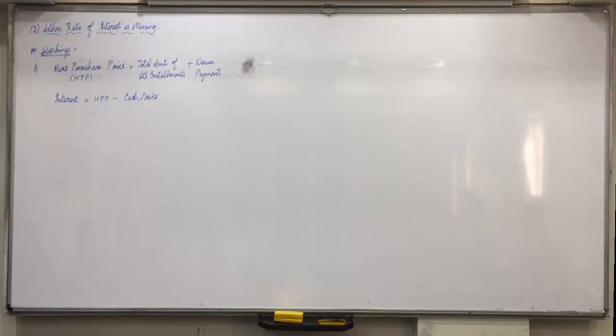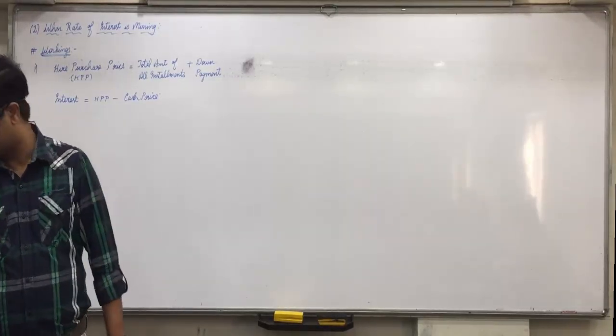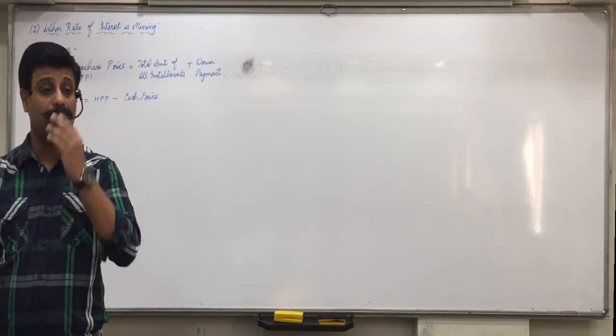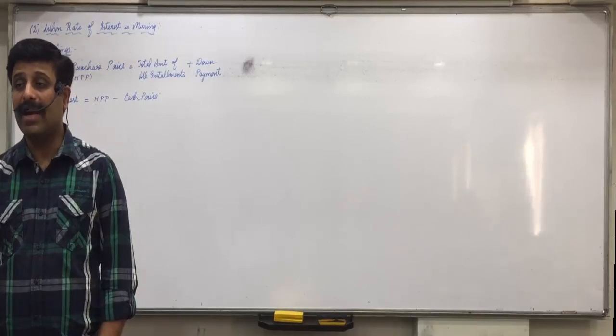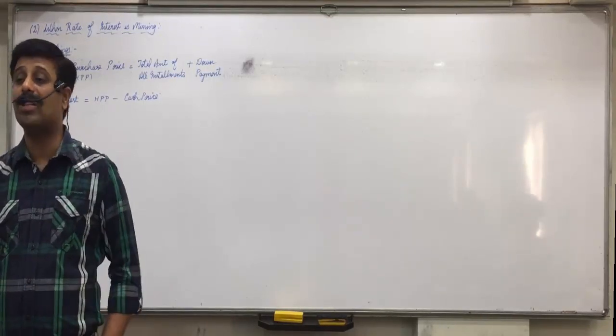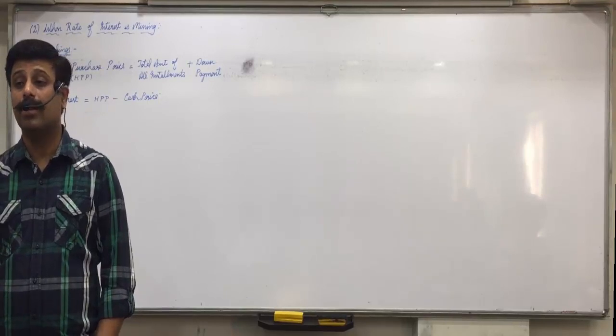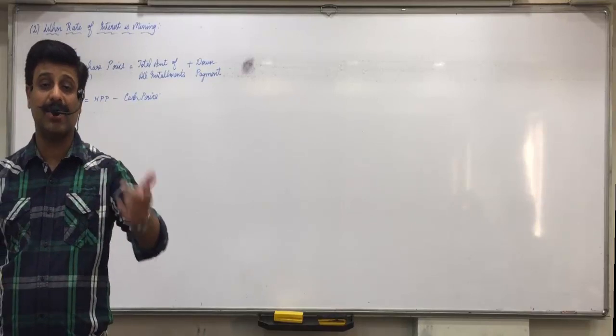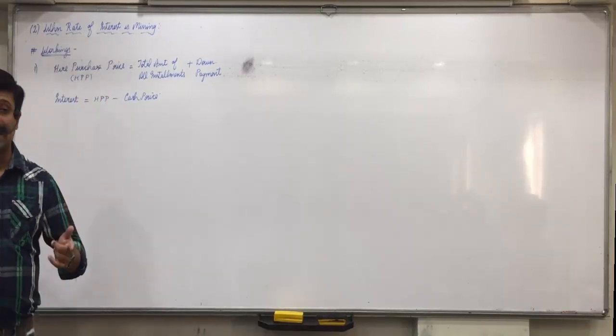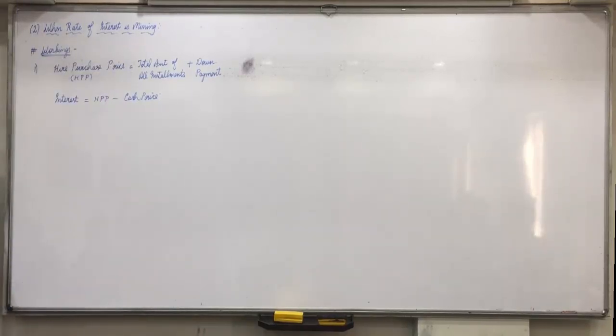So suppose in yesterday's example, 96,000 into 6, what was that coming to? 5,76,000, plus down payment was 1,80,000. What is the total coming to? 7,56,000. But cash price of the machine was only 6 lakhs. So 756 minus 6 lakhs. What is the interest we have paid? 1,56,000. Did everyone of you understand it? This is how we'll first find the amount of interest.